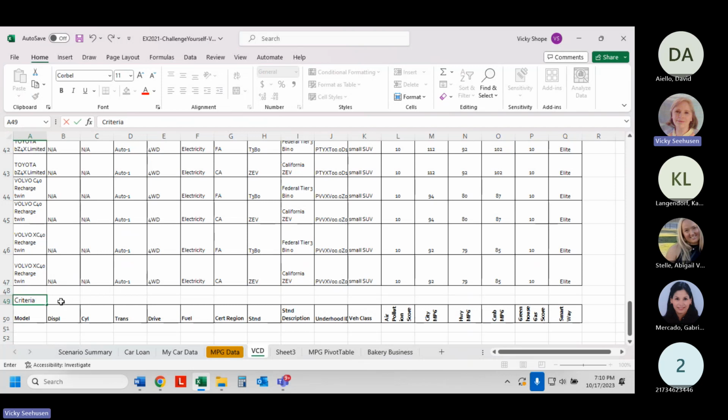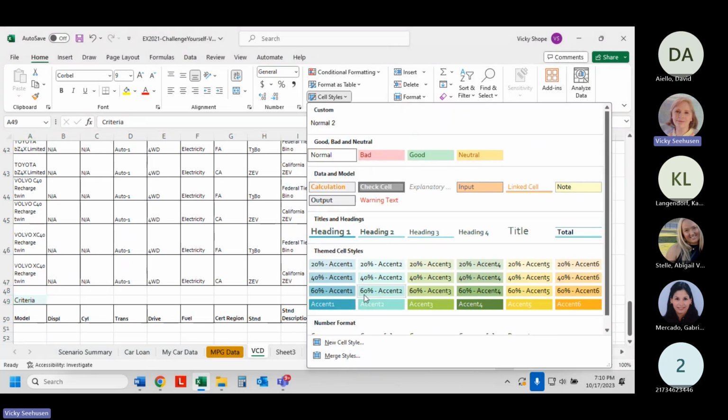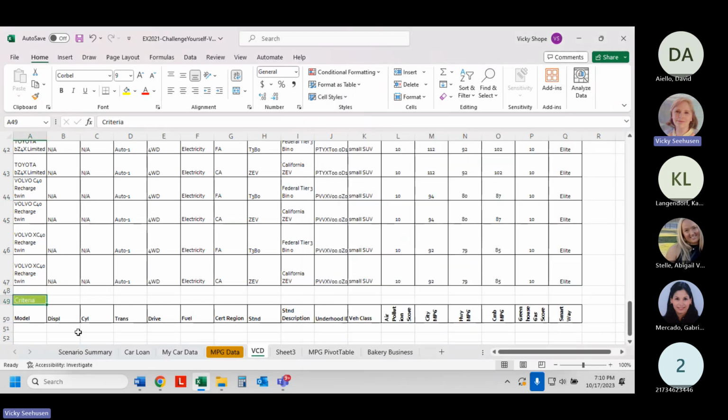So first thing I'm going to do is type it, but then it wants me to apply a style. And so I will go back to my home tab, and I will go over to cell styles, and it says use accent 3, here she be, and now I've applied the style. Okay, we are now on